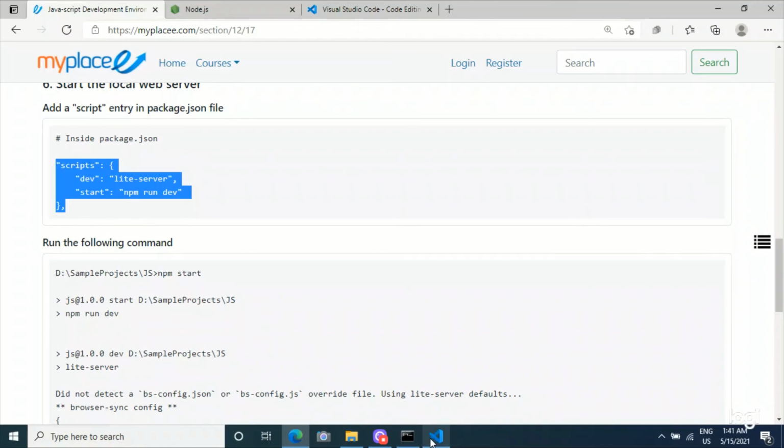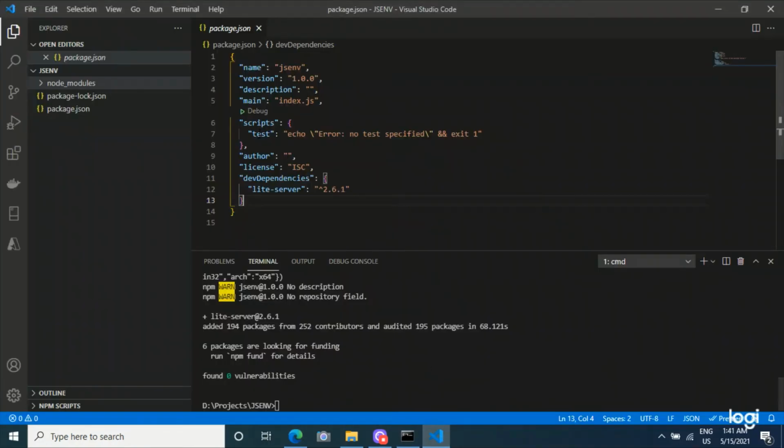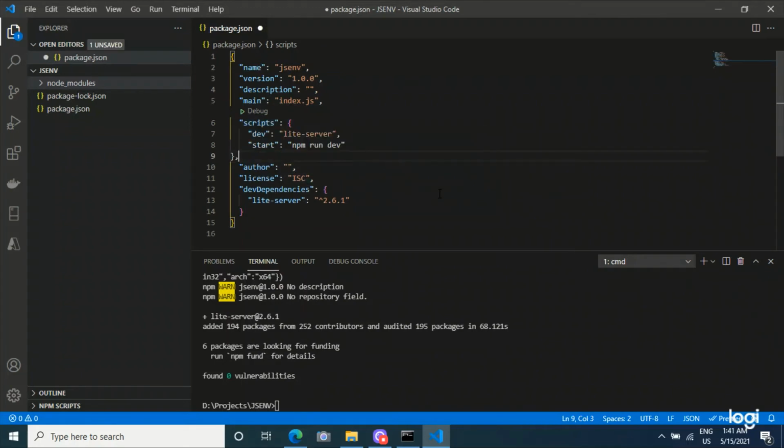Just copied from here to here and replace the existing scripts with the copied ones. Done, and save the package.json.